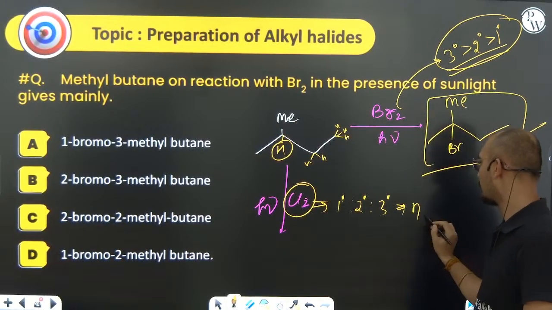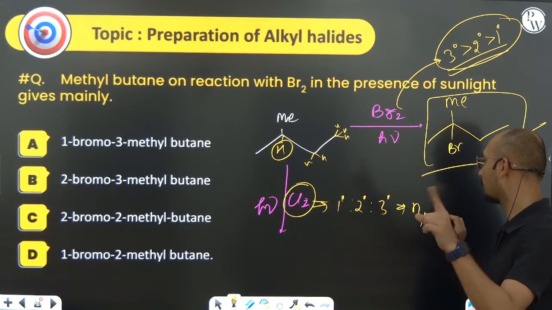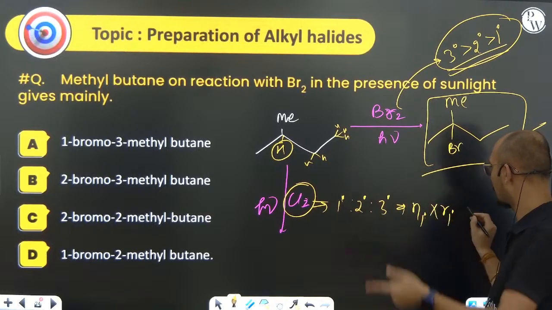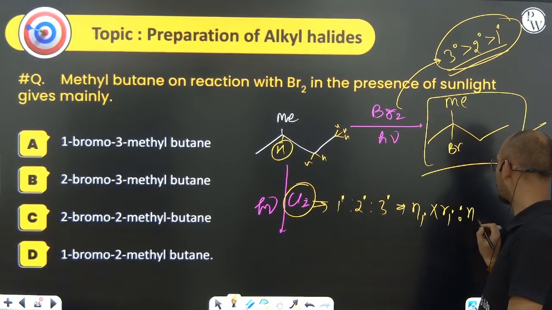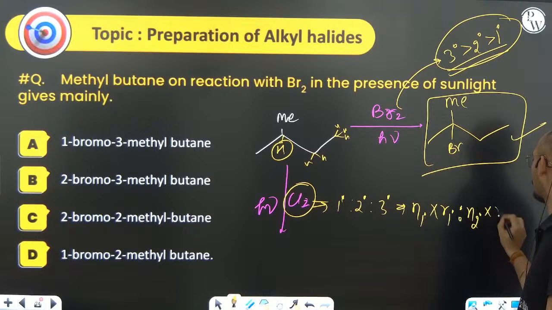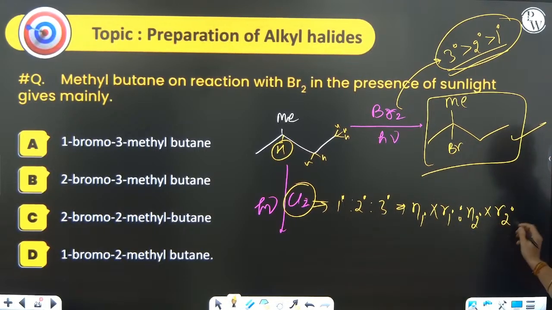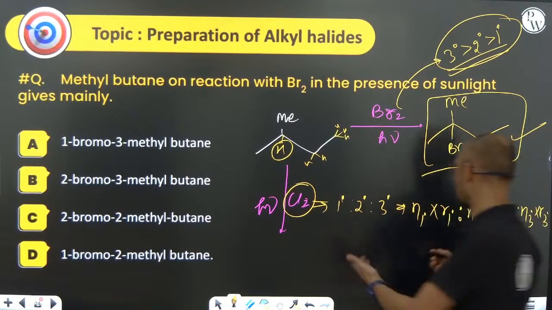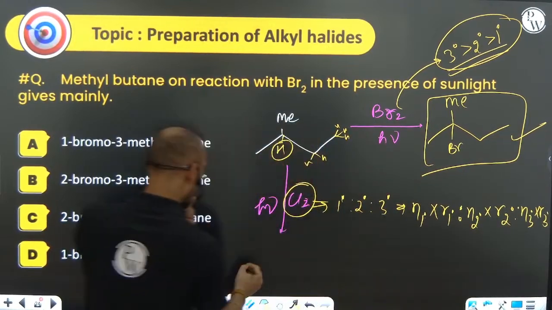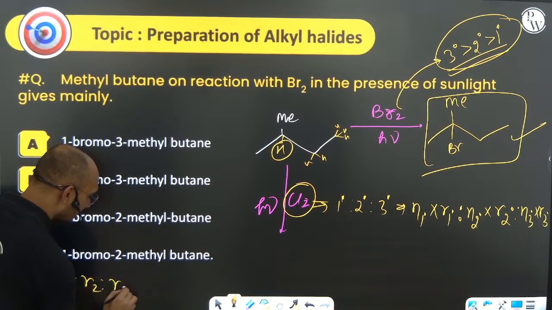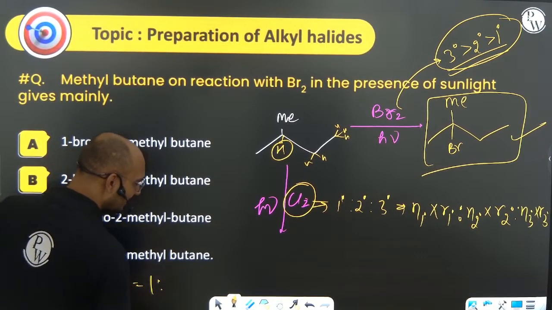You have to see the number of 1 degree hydrogens multiplied by the rate of 1 degree halogenation, is to the number of 2 degree hydrogens multiplied by R 2 degree, the rate of 2 degree halogenation. Next, the number of 3 degree hydrogens multiplied by the rate of 3 degree. Now think, what are the values of R1, R2, R3? Please keep in mind R1 is to R2 is to R3 is nothing but 1 is to